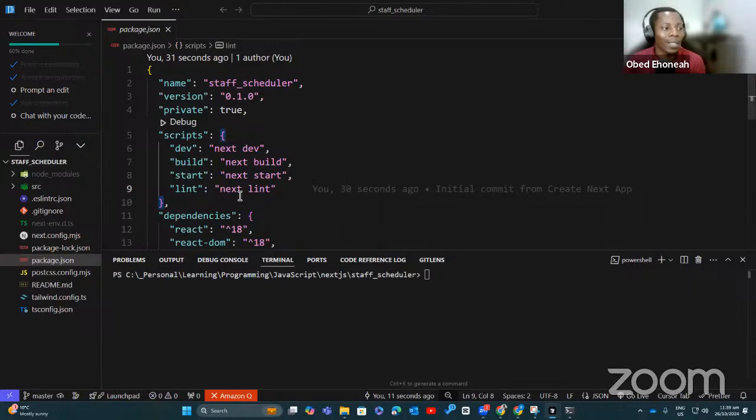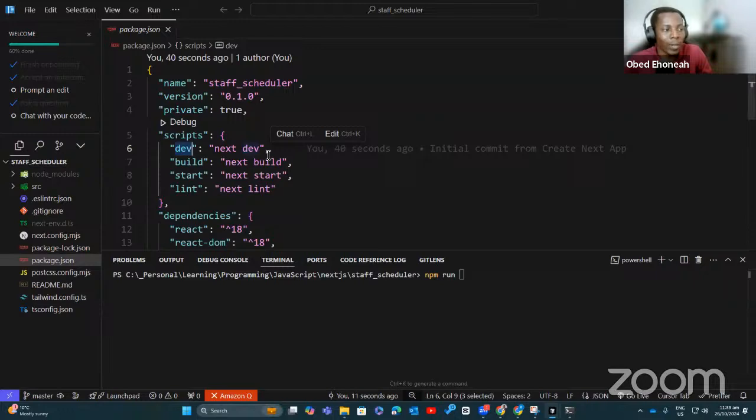You can actually add as many scripts as you want. To run a script, you run the command npm run, then the name, the key here. This is just a key-value pair, right? So the key here is dev. If I say dev, what I'm actually doing is running the command next dev, that is, run the Next.js application in the development environment. So we can proceed and run that.